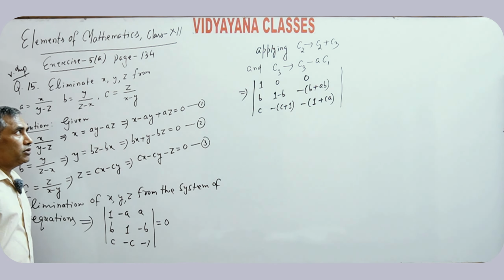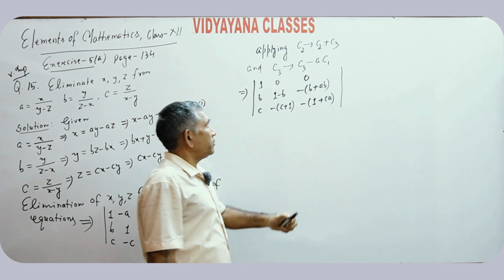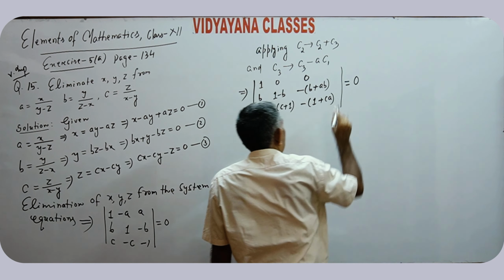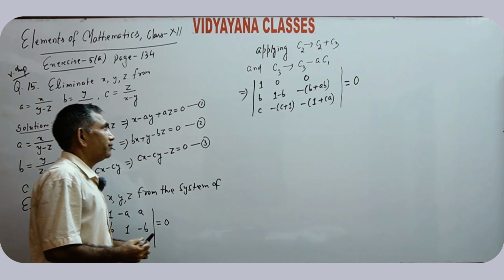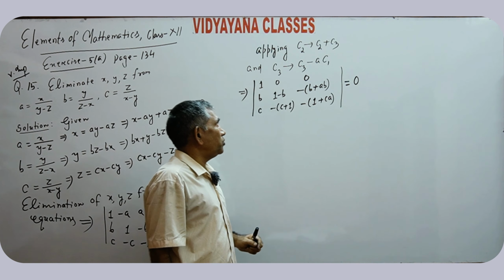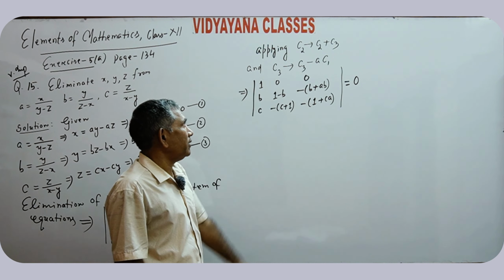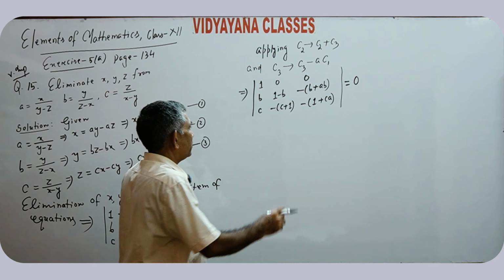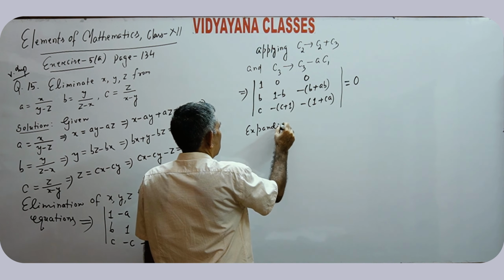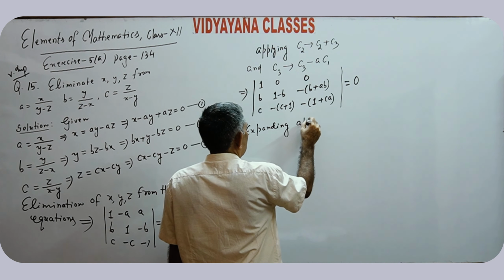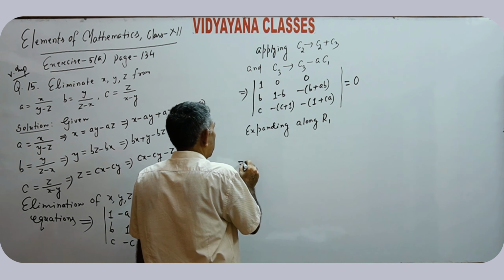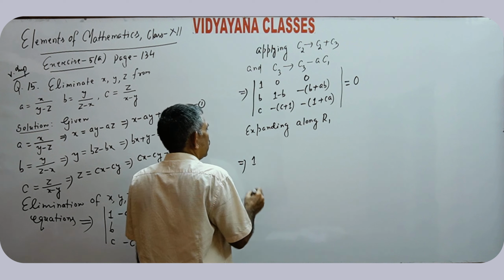C2 is replaced by C2 plus C3 and C3 is replaced by C3 minus A times of C1. And this value is 0. Row 1 contains 2 zeros. So expanding along row 1 implies 1 into